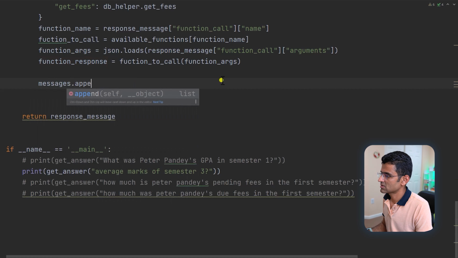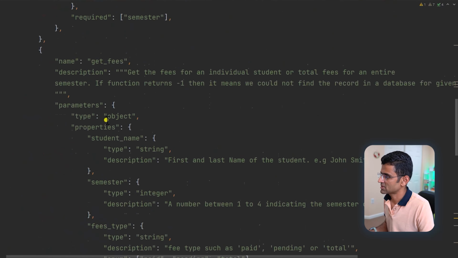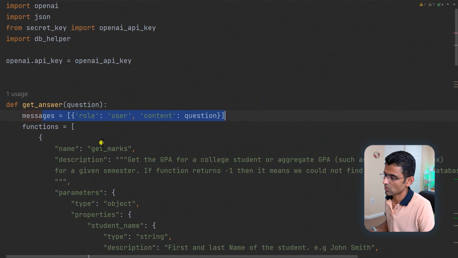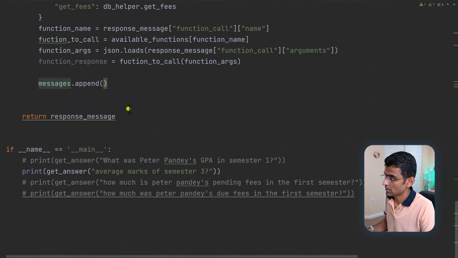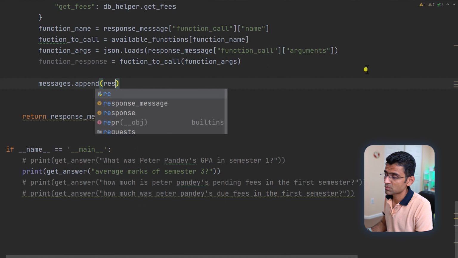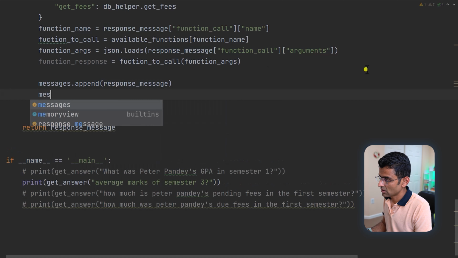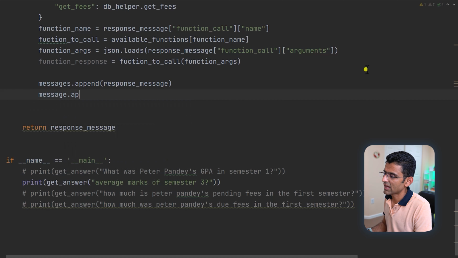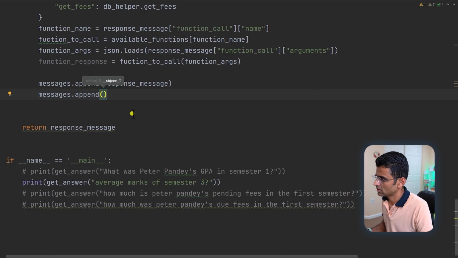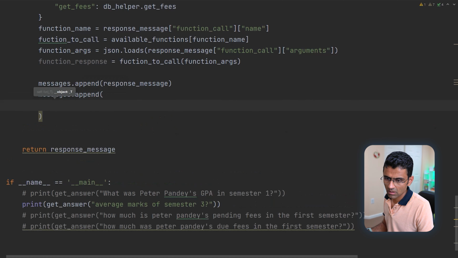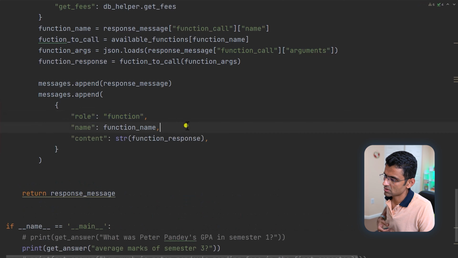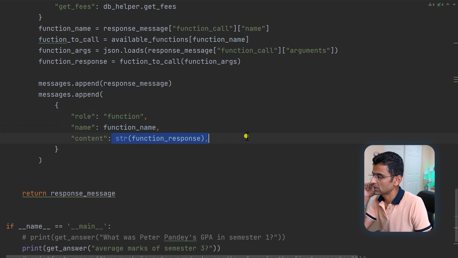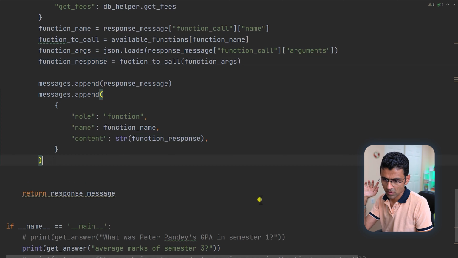In the messages array, which is the original question, you need to append the response message, because that helps it build context and work better. And in the second one, you need to append a dictionary where your role is function, name is the function name, and content is whatever your function response is.